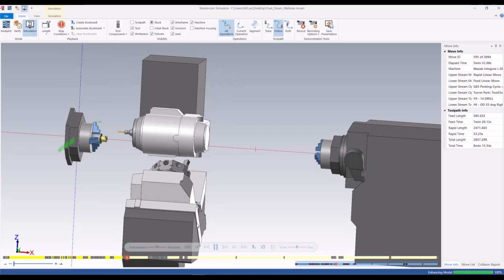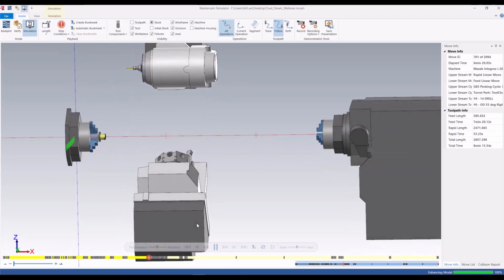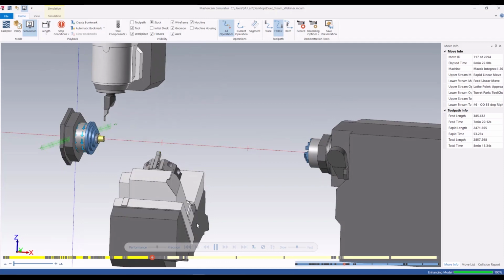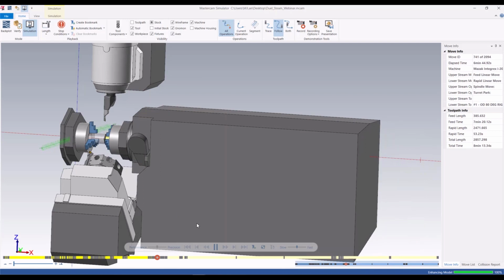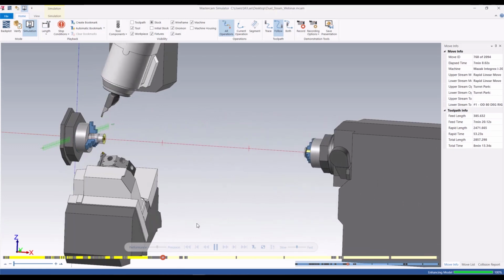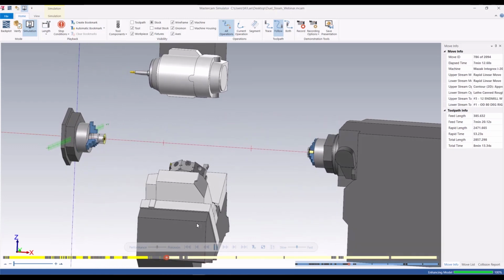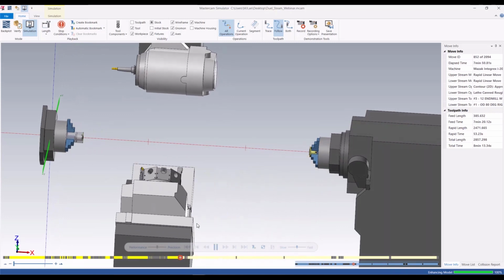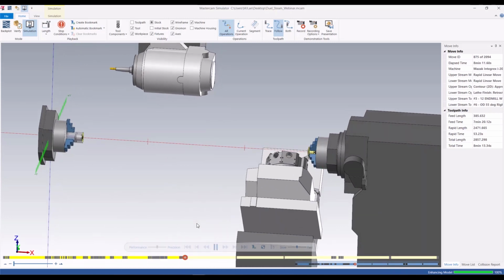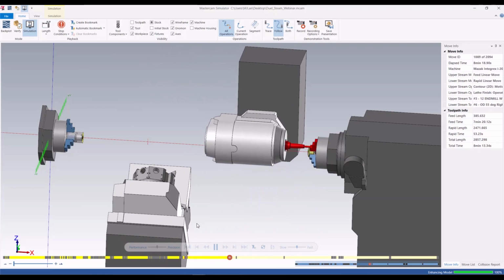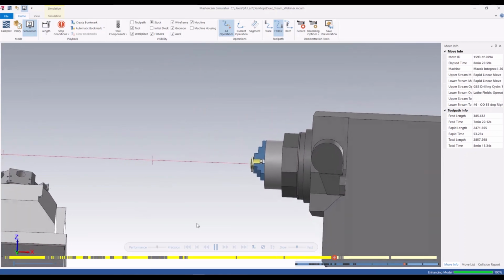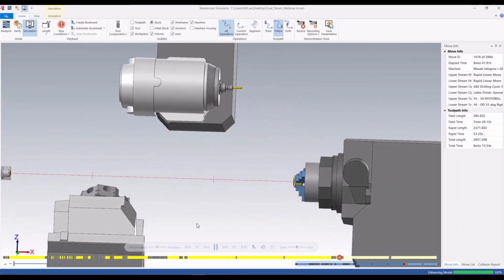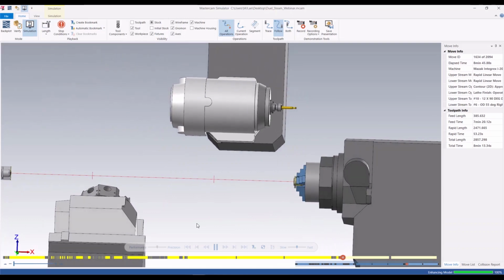Looks like we need to stick out that tool a little bit farther. Make a little adjustment on how far that part's sticking out on